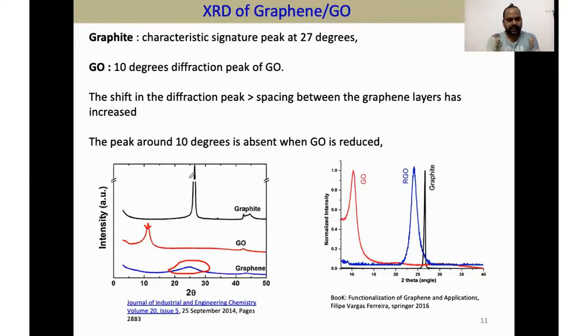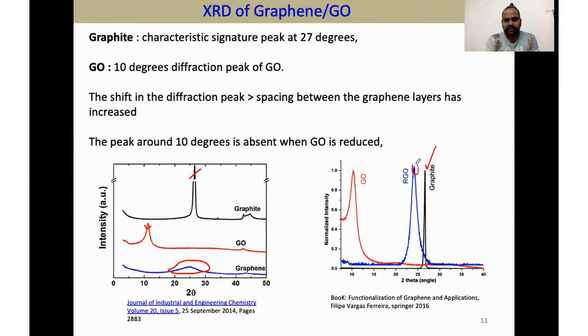And if you have graphite, then the graphite peak is at 28 degree. So you can observe clear-cut differences by doing just XRD analysis. You can identify the graphene, we can identify the graphene oxide, and we can also identify the graphite. Here the intensity is normalized so that you can get a clear-cut idea. Let's say the graphite is here. When you have graphene, there is a slight shifting of the peak toward the lower angle side. This is also reduced graphene oxide, or you can say graphene also appears similarly. And this is the GO.